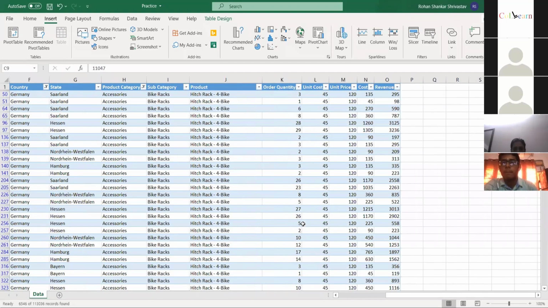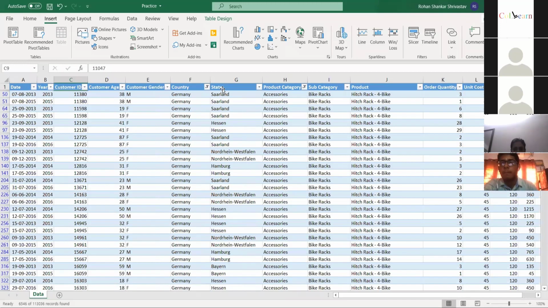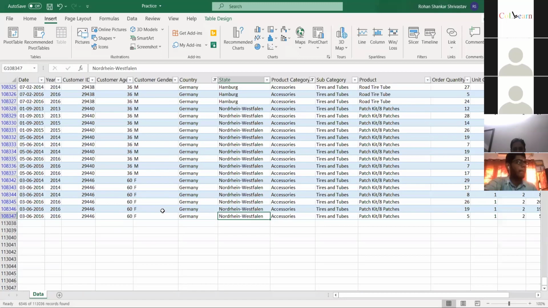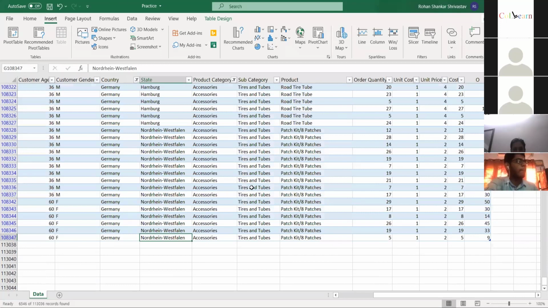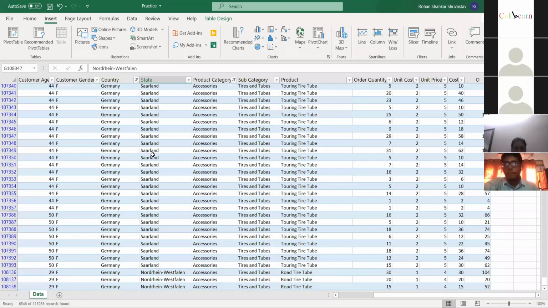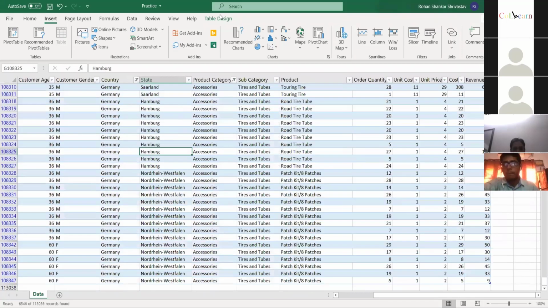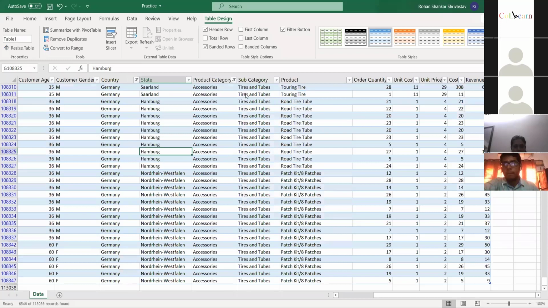Another shortcut that happens is, you can see all the accessories sold in Germany in all the time the data has covered. So if you just go to the top again, and you can just select all. Sorry, don't select all. Just go to the table design here in the top. So once you have converted the data into an Excel table, you will get a different option here, table design, and just add a total row here. So if you add a total row here, what you can do is if you go down, you'll see there's an option called total here.